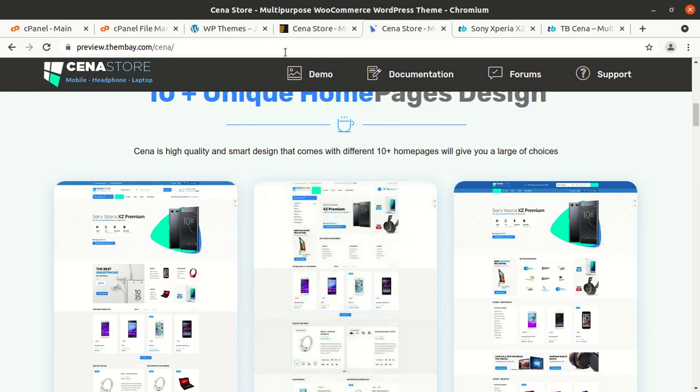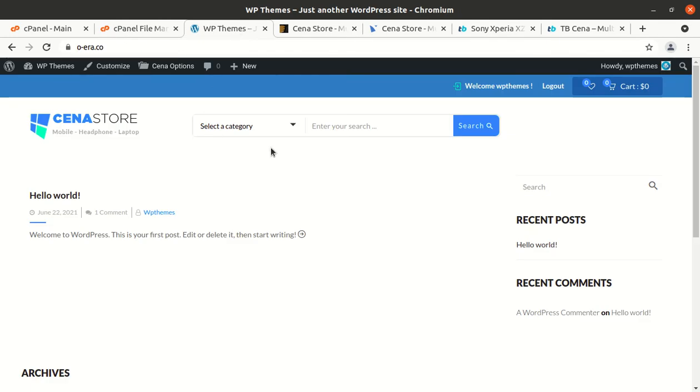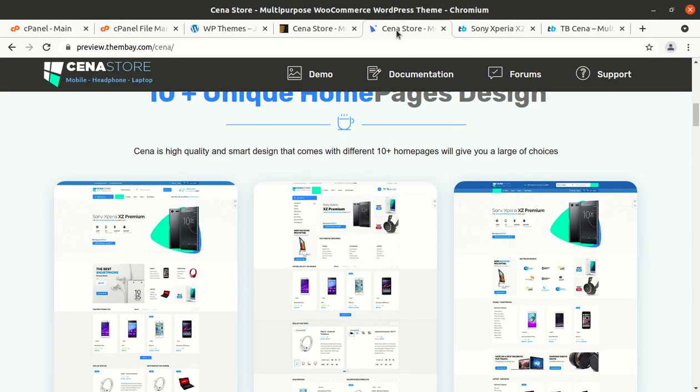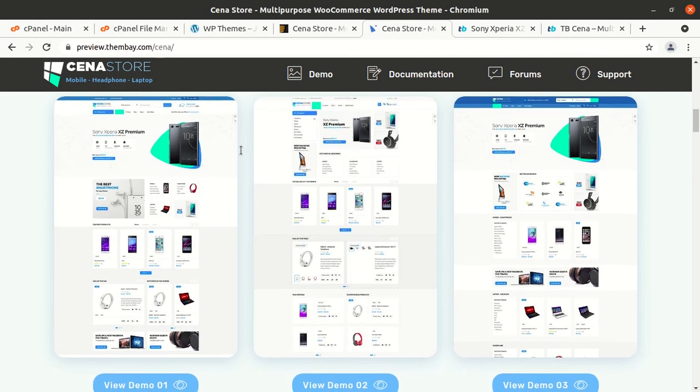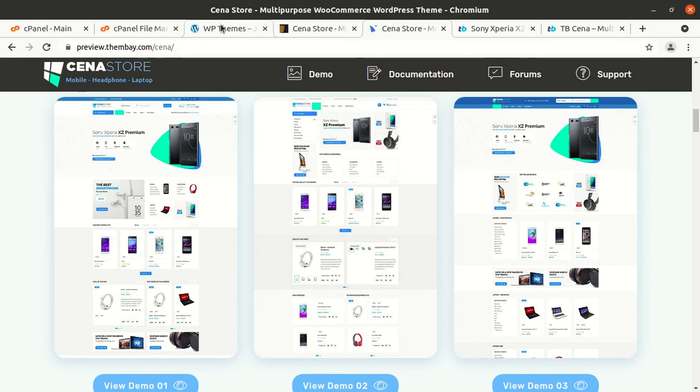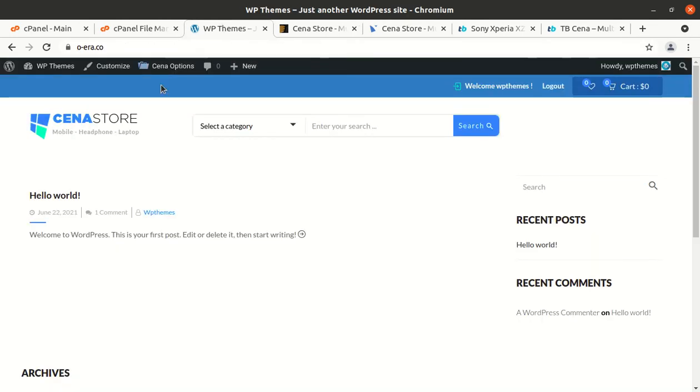So the choice is yours. You can choose to use the pre-made website, and you can start your website by putting in original content of yours, and you can start building your website from scratch from here.